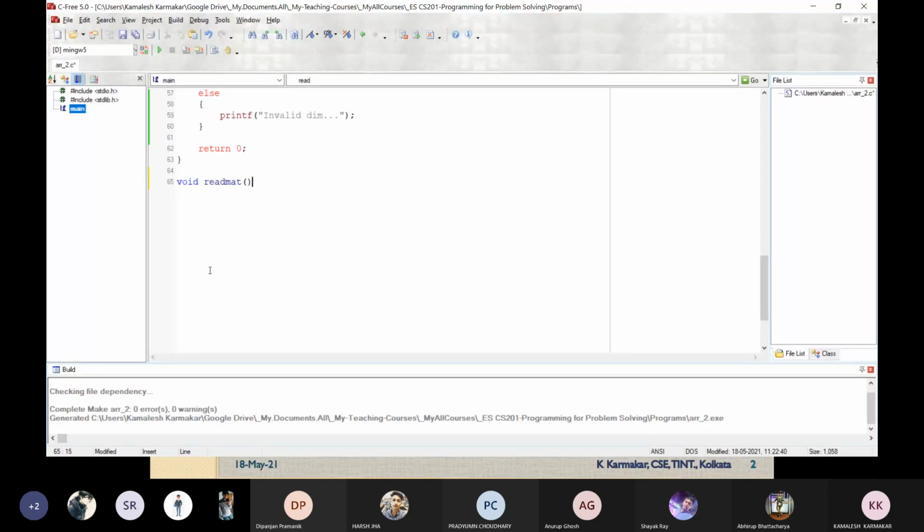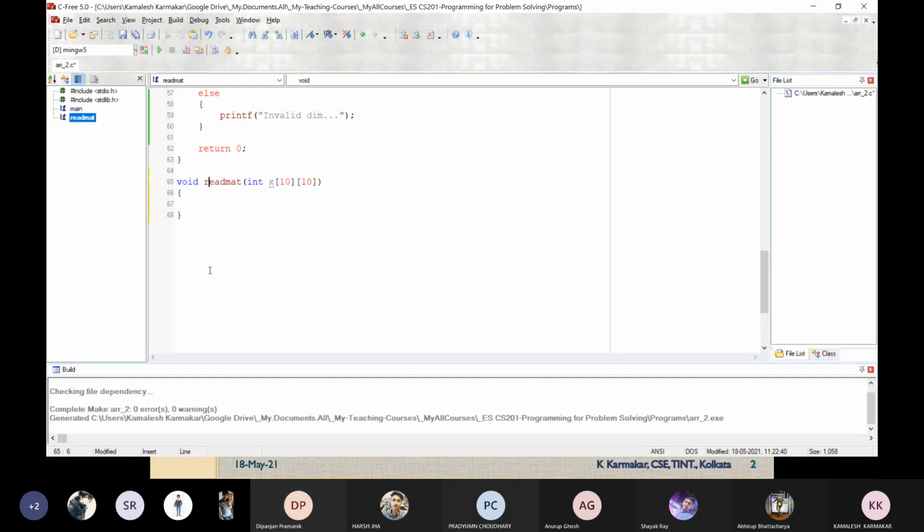This is the name of the function. Okay. What is the task of this function? The task of this function is it will read the input. So here I have to pass an array. Say I will receive it as x. For simplification, I'm using 10 by 10 here.